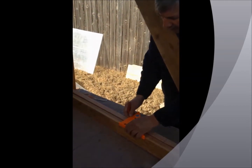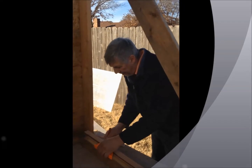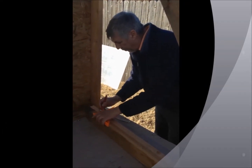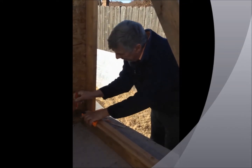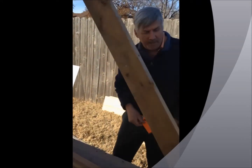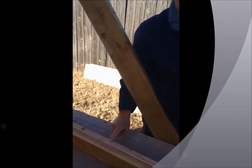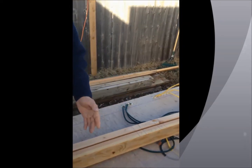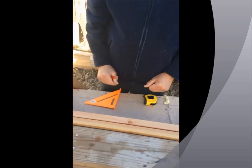These are just your regular common studs, 16 inches on center, with your California corner here and your stud on the end. Now, between this edge of the bathtub and this bathroom wall is where I want to place this window. So here's my